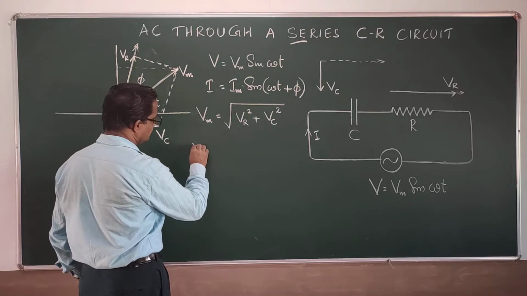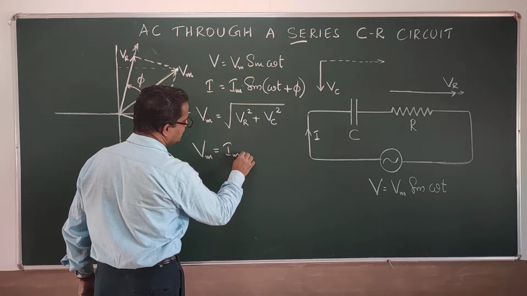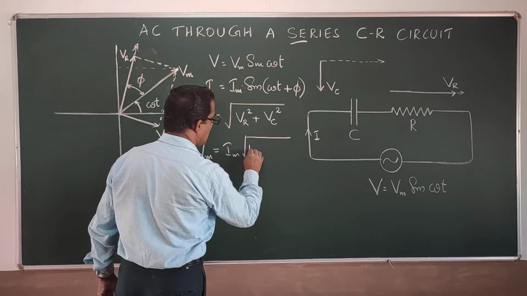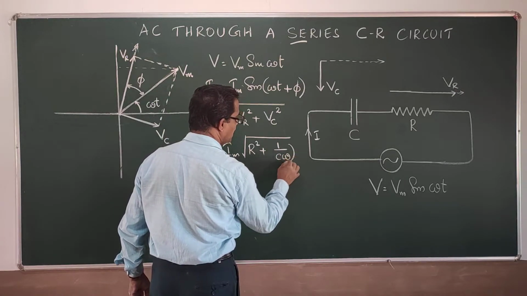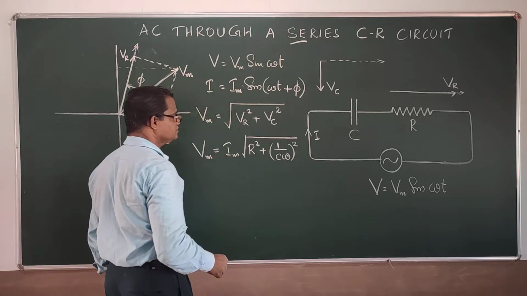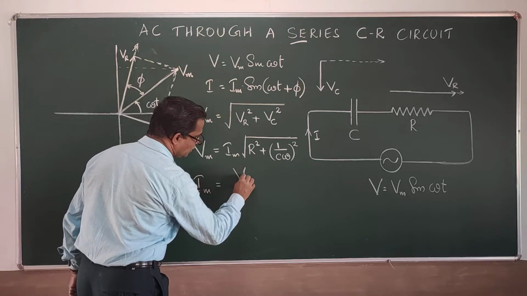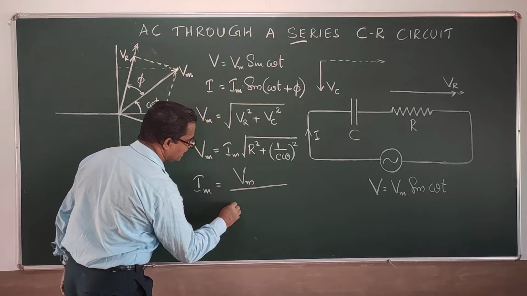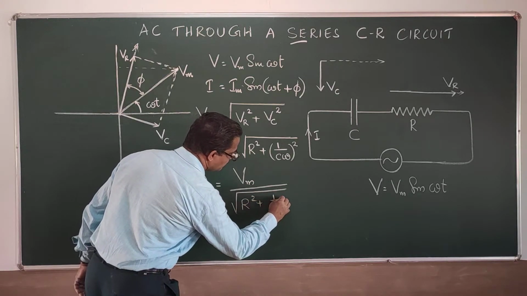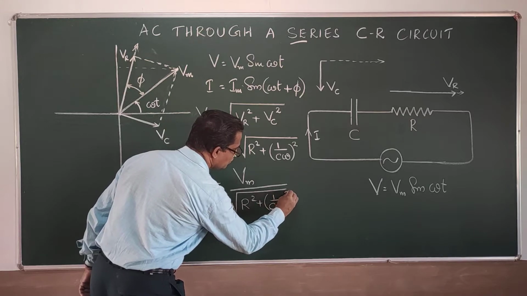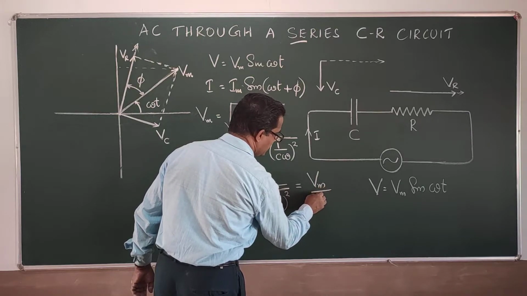And therefore, Vm is equal to Im into root of R square plus (1 by C omega) the whole square, and therefore current Im will be equal to Vm divided by root of R square plus (1 by C omega) the whole square, or equal to Vm by Z,